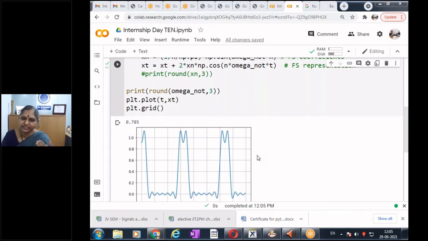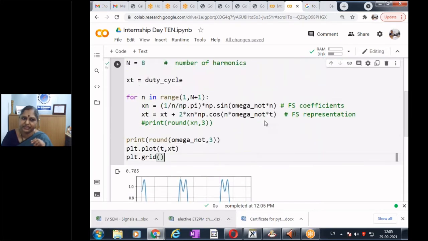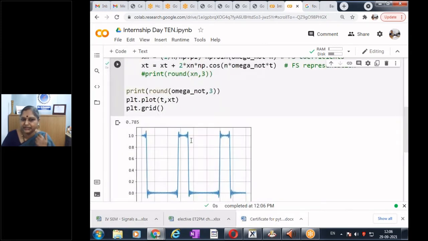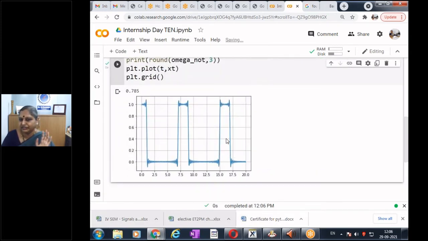So this is what we have. I'll share the code so you can try it. Absolutely no problem. Because this is just a Fourier series which we did yesterday. We are just taking a specific example that we did today. So now I will change my n. I will increase the number of terms. Instead of 8, I'll make it, let us say, 30 terms. Now I make 30 terms and let us see how my result is. See, now this is my rectangular waveform. This is with 30 terms.